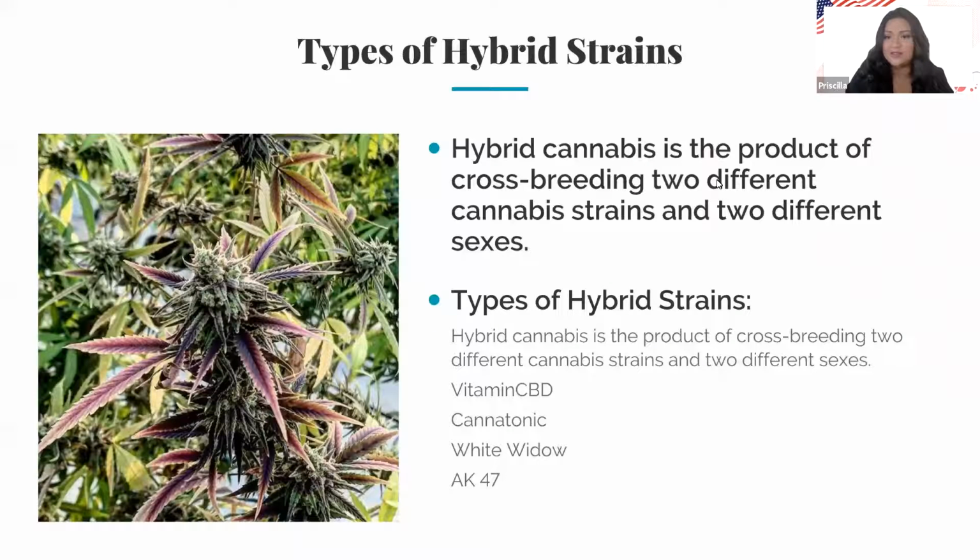So hybrid strains or hybrid cannabis is a product of crossbreeding between two different cannabis strains and two different sexes. Types of the most popular hybrid strains are Vitamin CBD, Cannatonic, White Widow, AK-47. Those are just a few of the names that you'll hear about hybrid strains. Now, those in hemp and CBD, if you've heard of smokable hemp or smokable CBD, which is a really hot topic within the CBD space,